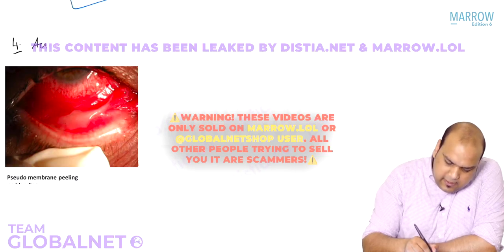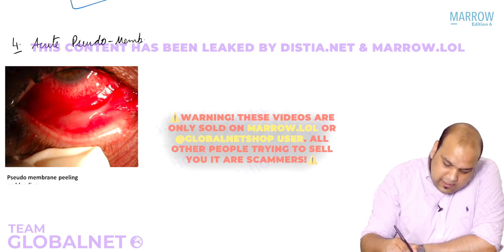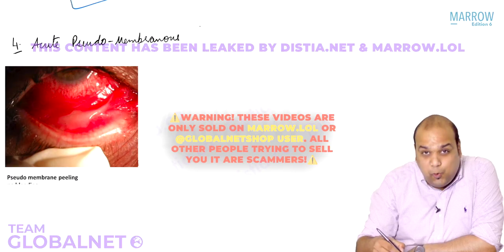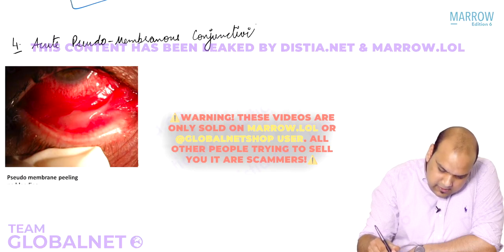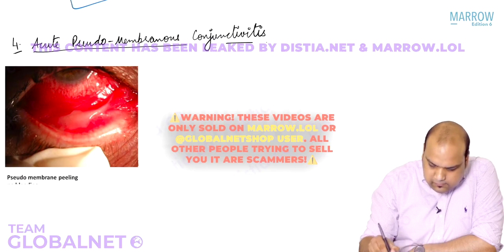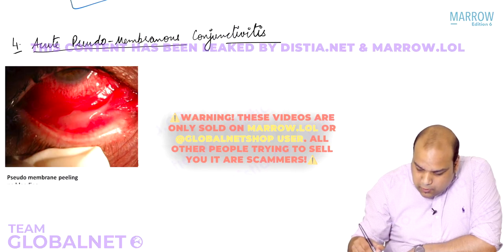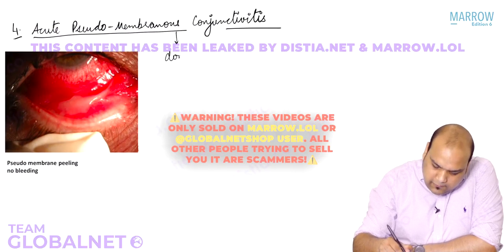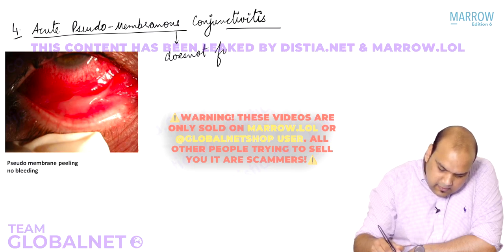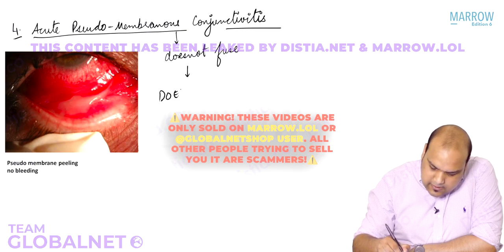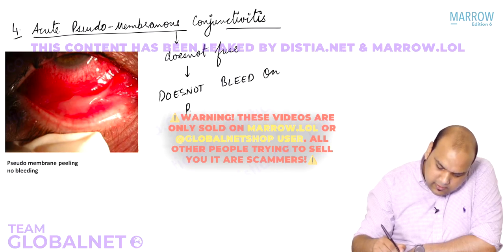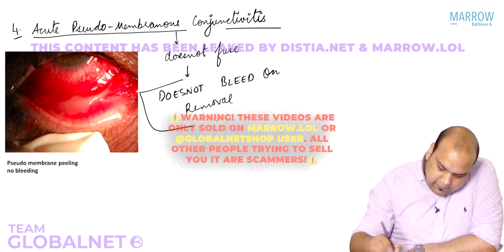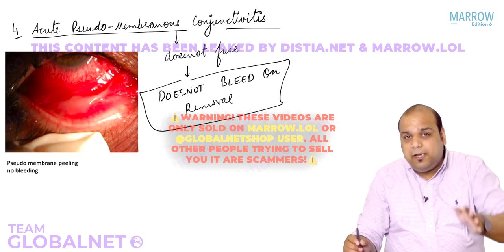The next condition I am writing is acute pseudomembranous conjunctivitis. You understand the name difference, everybody? This is not a true membrane. Okay, everybody? Now, this is called a pseudomembrane because it does not fuse and thus does not bleed on removal. So whenever you see a membrane, it can either be a true membrane like in membranous conjunctivitis